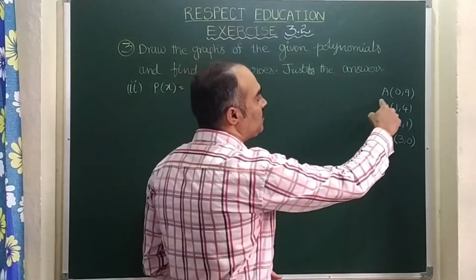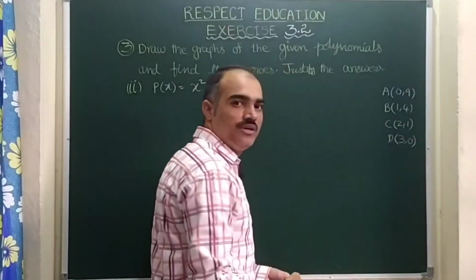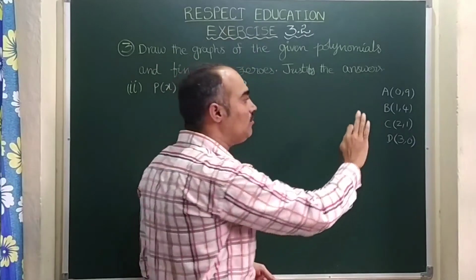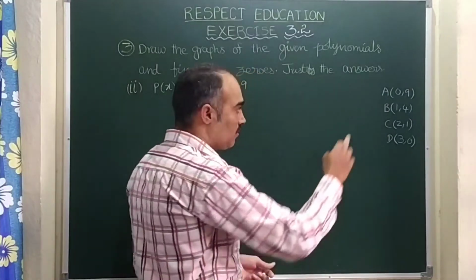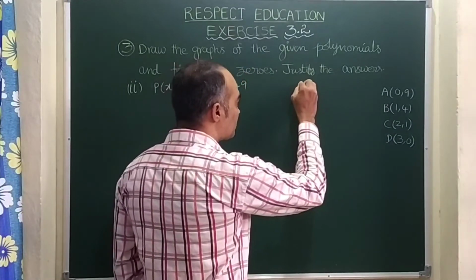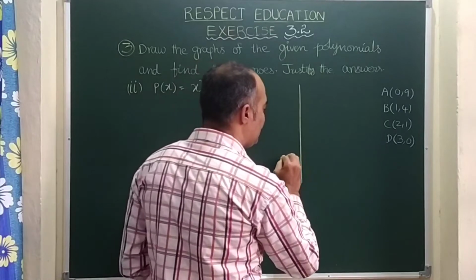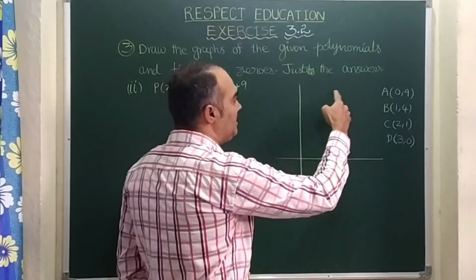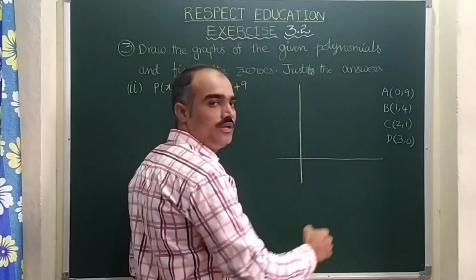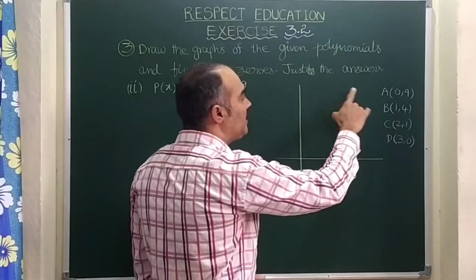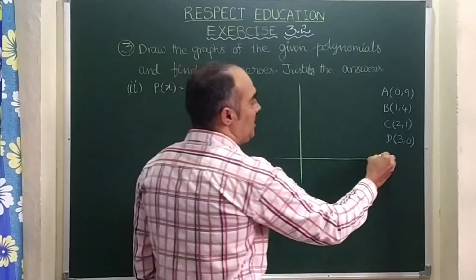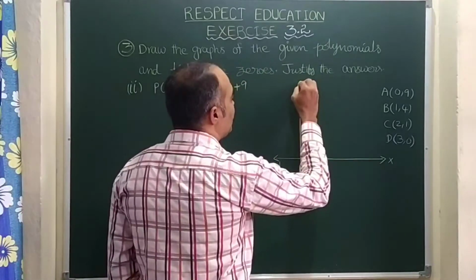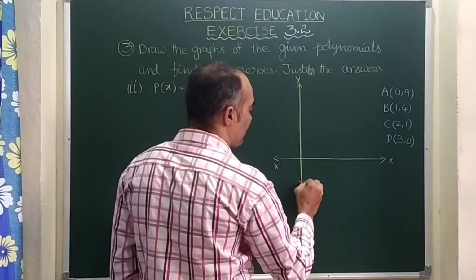Here you see, children, observe these points, all the points are positive. So we can draw the graph where we get more space for the positive quadrant. This is the y-axis. If you draw like this, in this quadrant x is positive, y is positive. Since both are positive, we can utilize the space properly. So I am taking this as x-axis, this is x dash, this is y-axis and this is y dash.